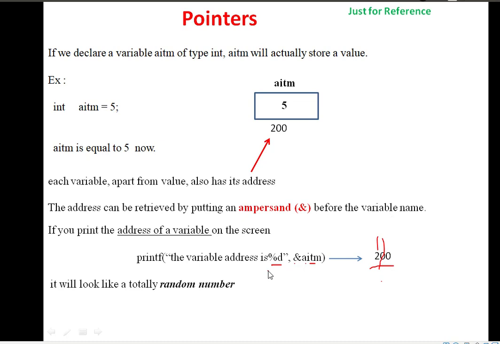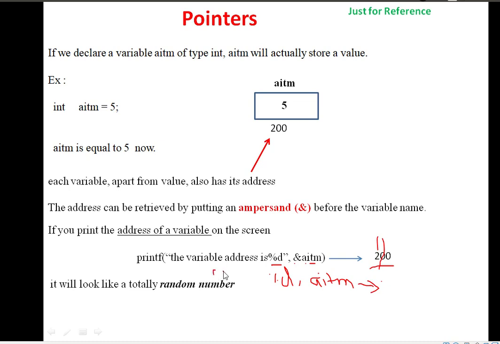Consider the same statement. The format specifier is %d. Then here I am not going to use the address operator, only aitm. What is the output of this statement?